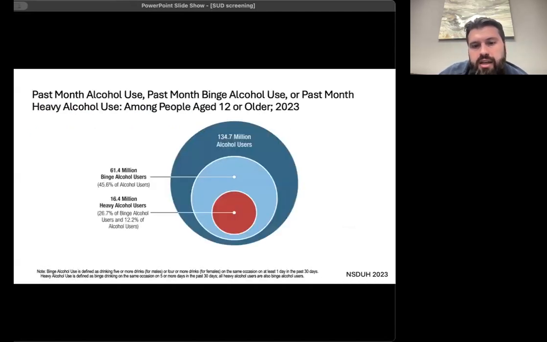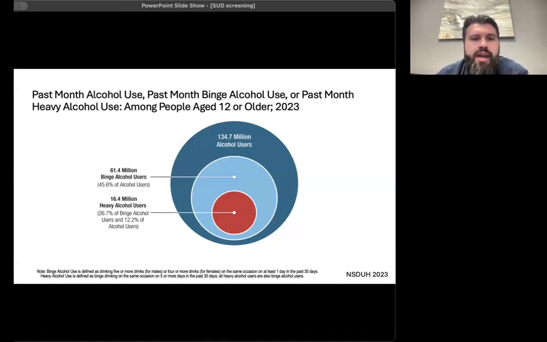This here is the National Survey on Drug Use and Health, the NSDUH. This is the most recent survey that came out in 2023, so these are the most updated slides and current information. But we're going to go through some of these for each specific kind of substance and show you what's going on there so you can get an appreciation of the epidemiology.